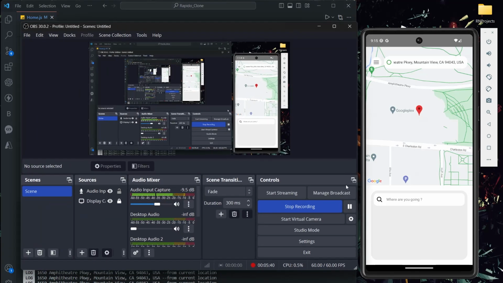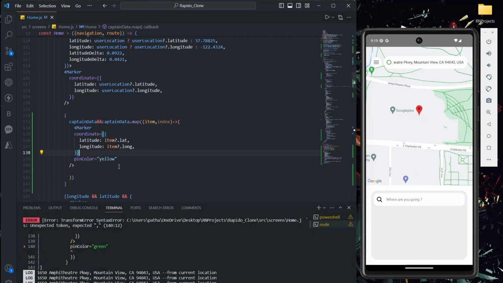I kept it as yellow. So what I did is I just passed the pin color. I kept it as red. You can customize it, or else you can directly show a bike icon. Okay, it's up to you. There are already properties available. You can check out the documentation there. They have clearly provided how to upload an image, how to show an image instead of pins and all. Okay, instead of this pin.